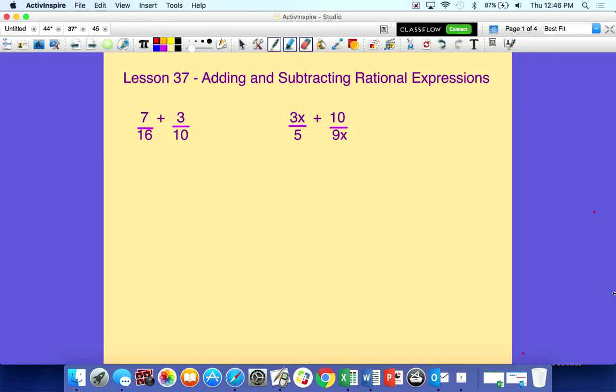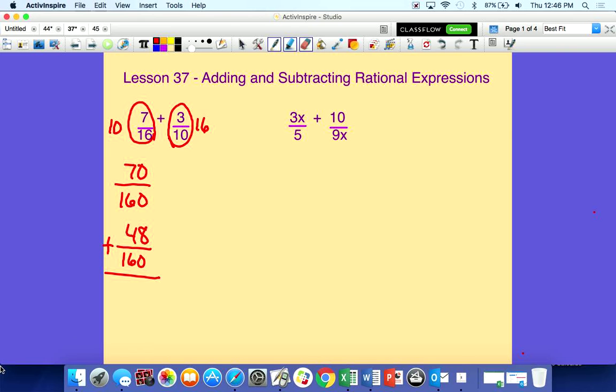Now, whenever you have a fraction, your first job is to get common denominators. It doesn't matter what the denominator is, it just has to be the same. So remember, one thing you can always do is multiply these two denominators together. So if we wanted to, we could take this entire fraction times 10, so we'd have 70 over 160 plus, and then take this thing times 16, so we'd have 48 over 160. So this would end up being